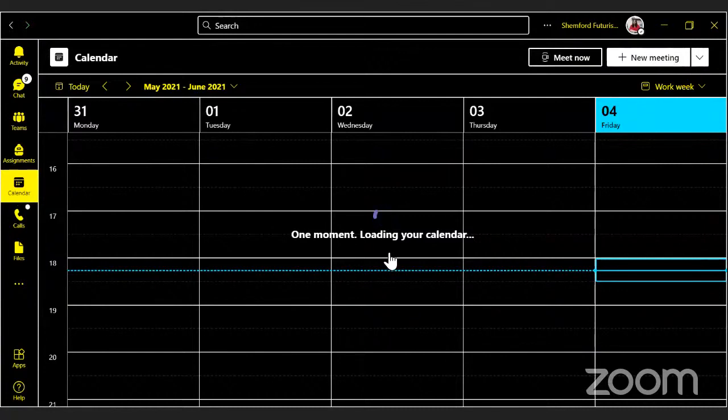It is just that my calendar is too heavy. That's why it is taking some time to load. Okay. By the time, I'm just going to another option. I should not have gone to my calendar because all my classes, all my subjects, they all appear over here. I'm added in so many teams.